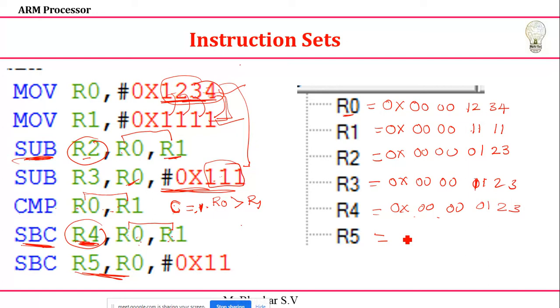This is the addition. It is not an addition, right? That's what I'm telling. If you have an SBC instruction, it is totally complemented. That is the confusion you have. During the ADC instruction, if C is equal to 1, we are going to add it. But when it comes to an SBC instruction, if C is equal to 0, we are going to subtract it. If C is equal to 1, we are not doing any process here. Clear? You can check the result.